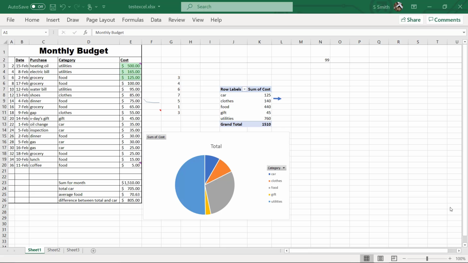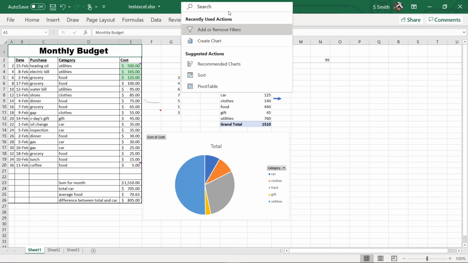We have covered a lot of commands in this last section. If you can't remember all of them, don't worry. That will come in time. But in the meantime, if you don't know which tab or which ribbon to go to find a certain command, you can go up to this search field right here. Let me give you an example.